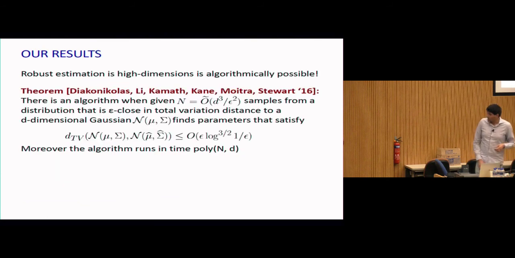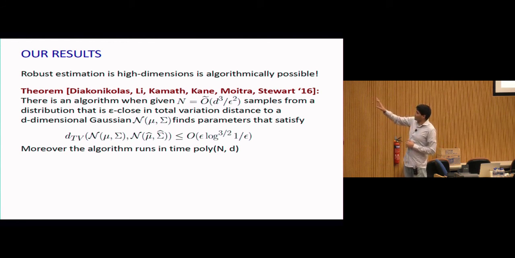So let me tell you some of the main results. These are things which we had a paper on in 2016, and then there was a huge flurry of work extending this to all kinds of other models that I'll briefly touch on. But the main result is that there actually is a polynomial time algorithm, so it has polynomial running time, polynomial sample complexity, and what it outputs removes all dimension-dependent factors. So you start off being epsilon close to being Gaussian, and you don't care how the adversary has added those epsilon fraction of corruptions. And the promise is that you're going to output an estimate which is epsilon times polylog 1 over epsilon close in TV.